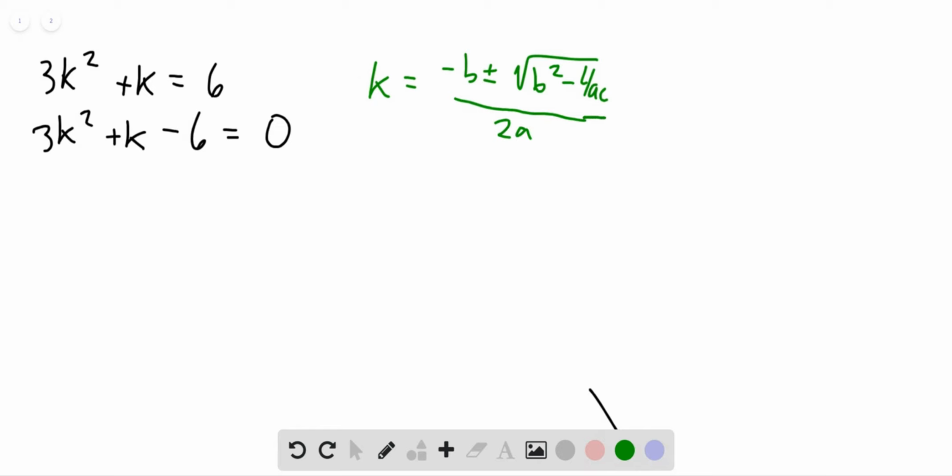My girlfriend was telling me she actually has a song to remember this equation, so maybe that can help you. I don't have any suggestion of a song, but just pick your favorite song and try to make the lyrics fit this equation here. And that's just a little trick to help you